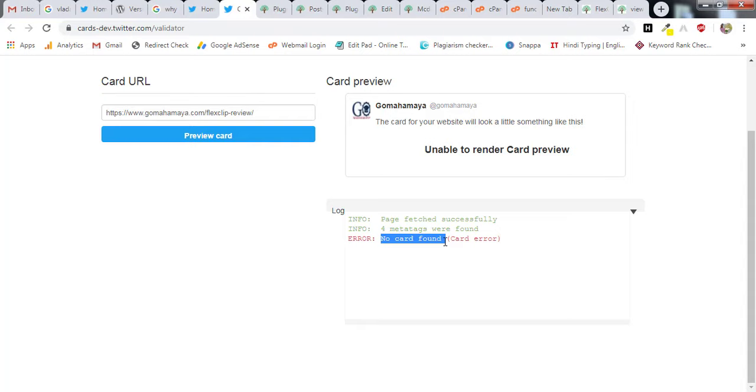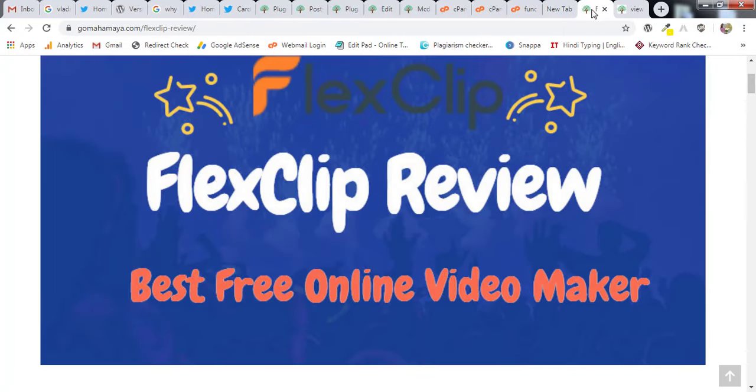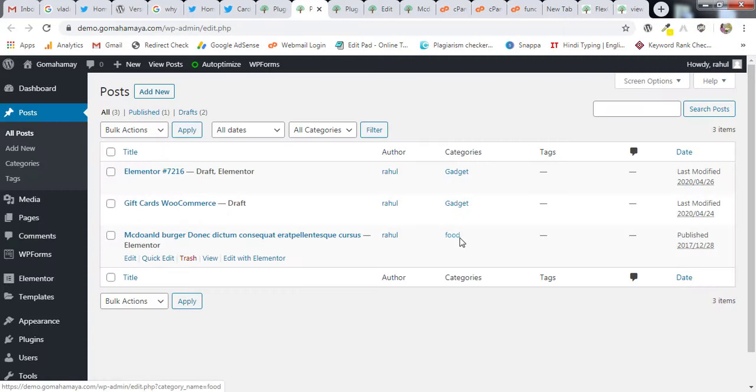One more disclosure: instead of showing the backend for GoMahamaya.com, I'm showing you the backend for demo.gomahamaya.com, but the process will be the same. For security reasons, I'm not showing the backend of GoMahamaya.com. Now we are inside demo.gomahamaya.com.